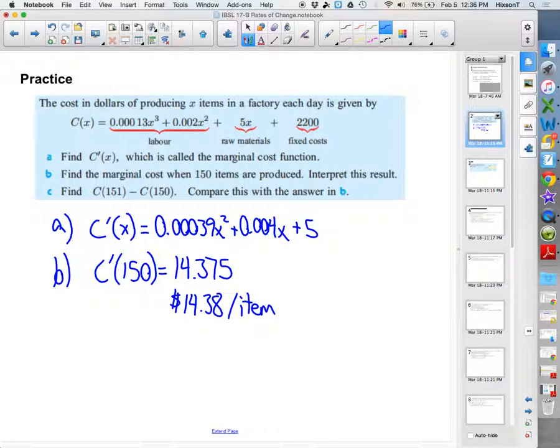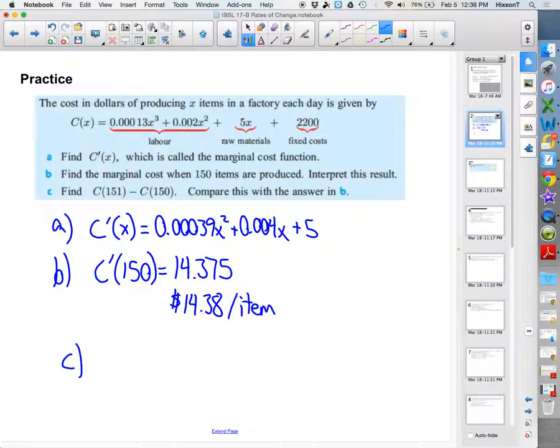We wouldn't plug in the 1438. We're plugging in the 150 to the original cost function. That would give us our total cost for the day. Now, if we do part C,